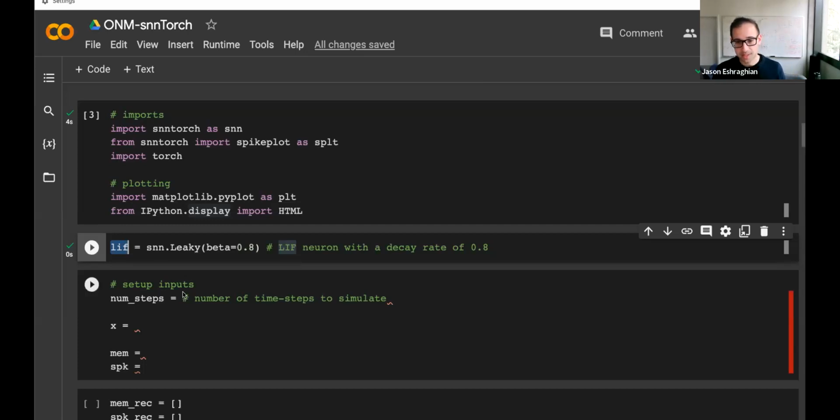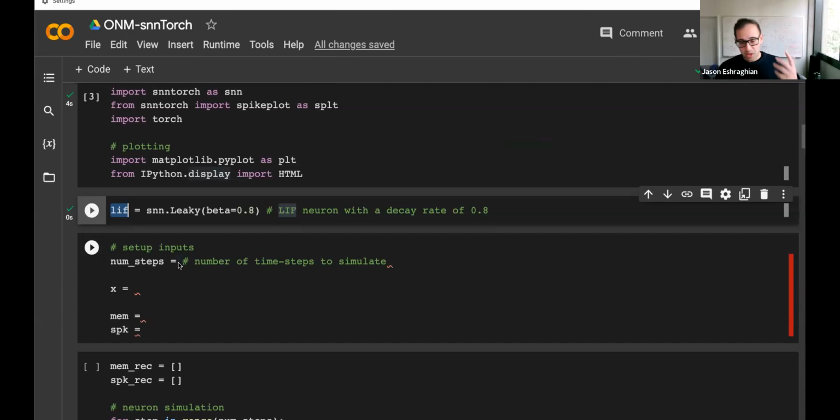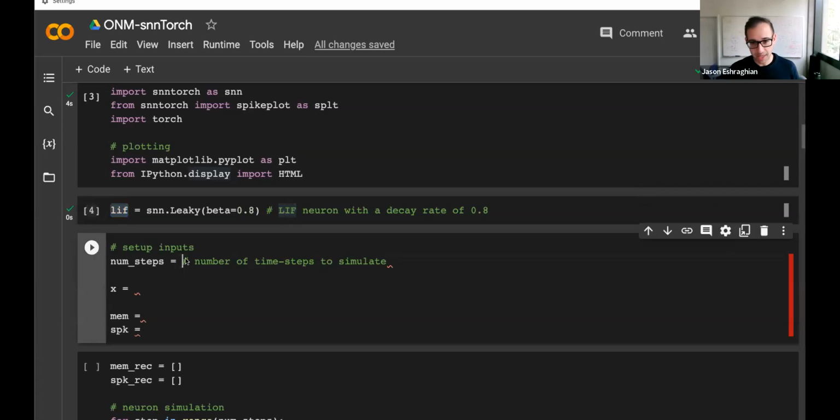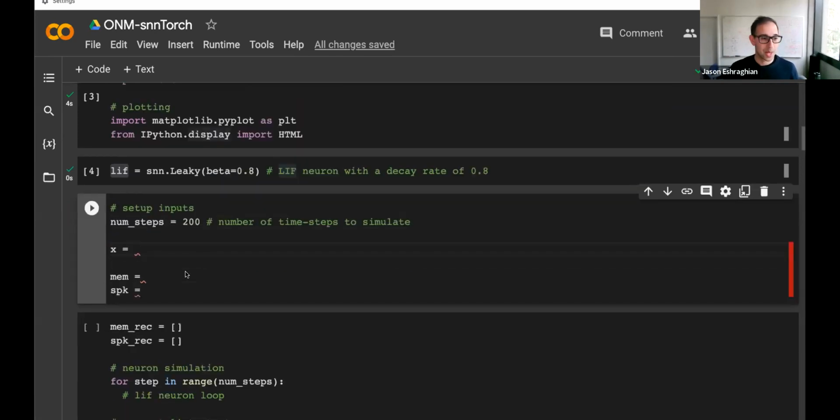That's the intuition. So let's actually simulate this guy. Because this is a time-varying process, we need to define the number of time steps that we want to simulate. I'm going to arbitrarily pick 200 because I like the number 200. Then we want to throw in some input stimulus. We want to excite the neuron in some way. How can we excite it? There's virtually an infinite number of ways we could excite it. We could apply an input spike, a step current, a constant current, whatever. It doesn't really matter. Let's just get a qualitative feel for what all of this is doing.